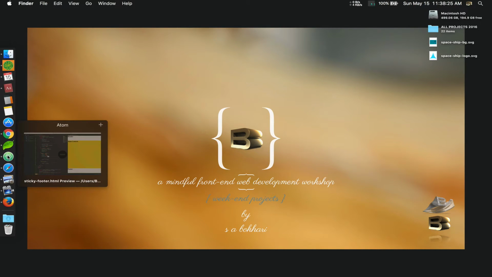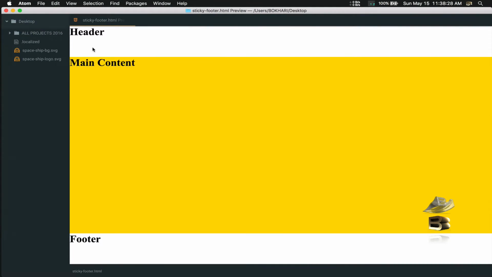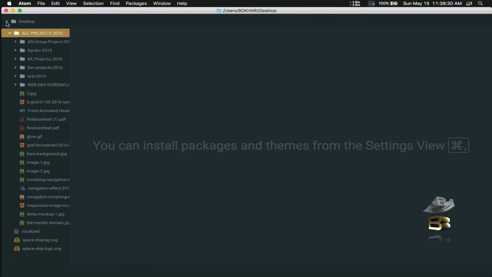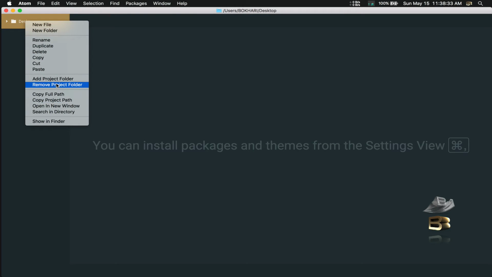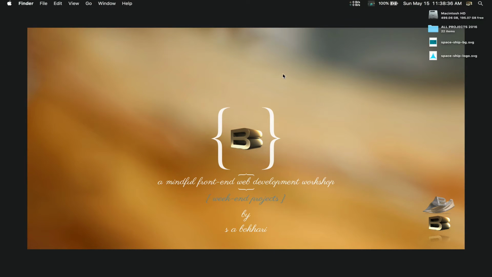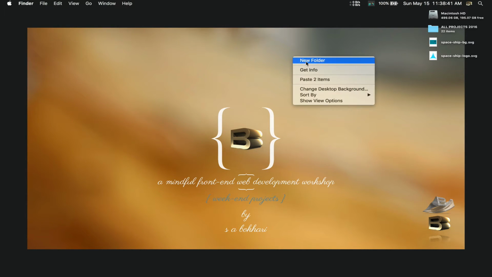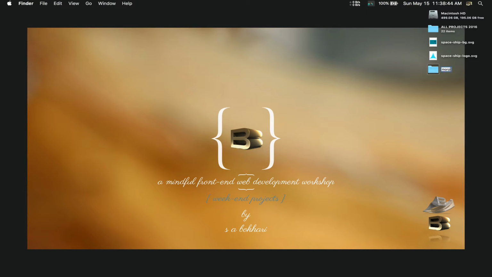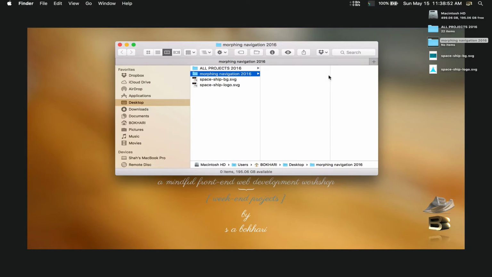So I am opening the code editor called Atom. All right, let's first come into the desktop. Let's create a folder called Morphing Navigation 2016. All right, within this folder we're gonna have two more folders. One is called img, one is called js for the JavaScript file,